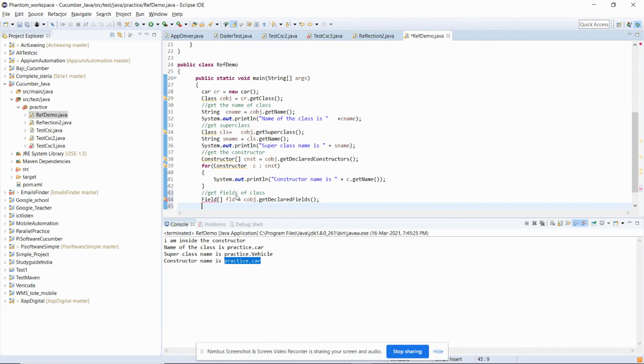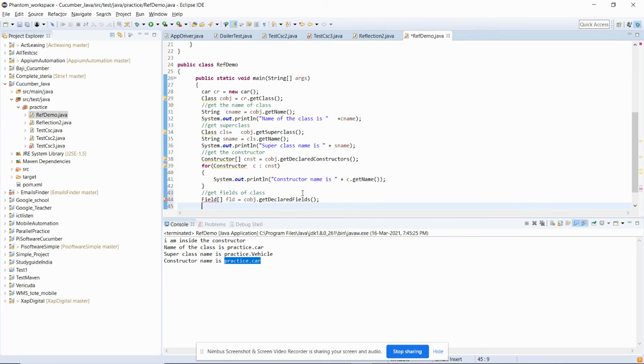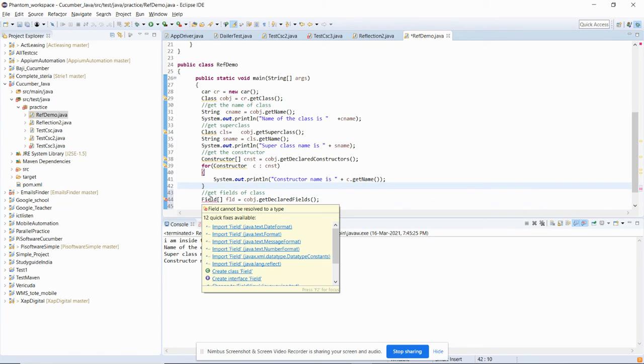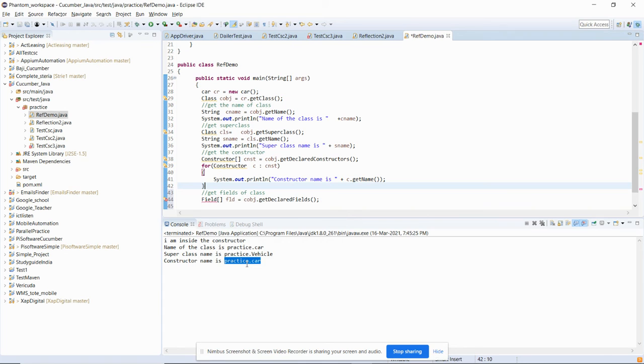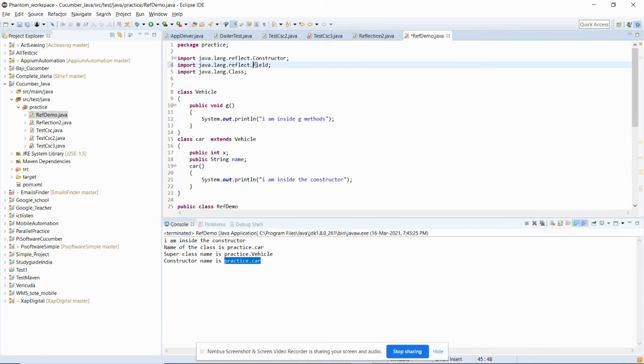Now let me run this one. First of all, use the for each loop. We have to import Field, always remember, because we are using reflection, so we have to import this from the reflect package.